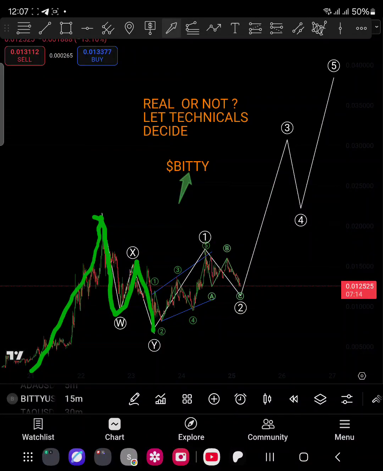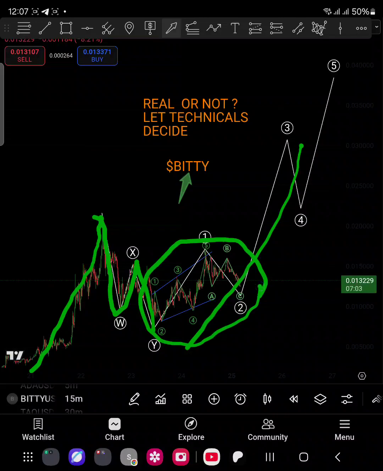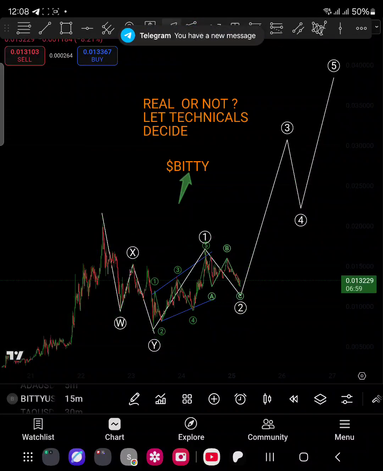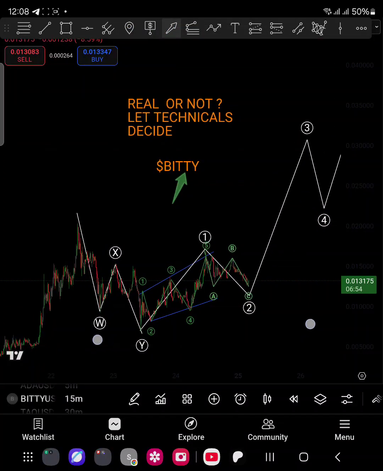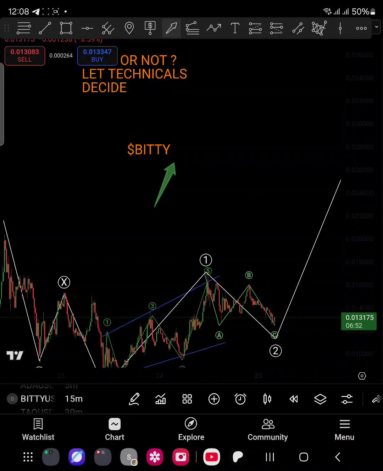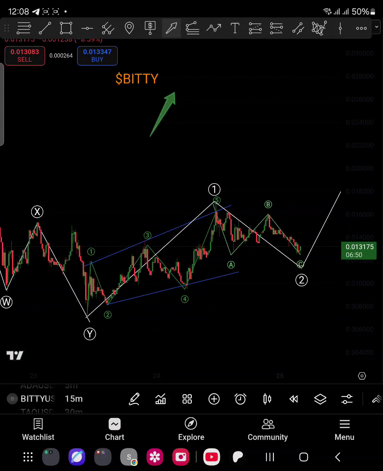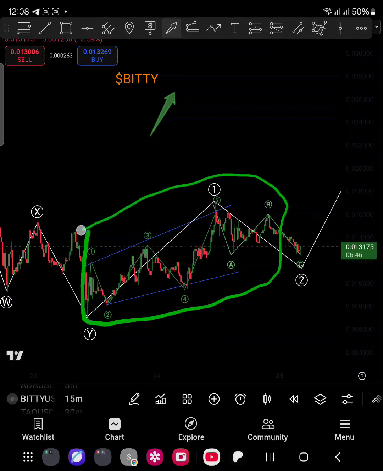Now if we have received a zigzag, then after the correction we are supposed to receive another impulse in the direction of the trend. So right here we are starting that impulse, which is going to be in the direction of the trend. How is it actually behaving? This is the one that is starting to develop right here. If you focus on this thing right here, it is the start of that impulse with its wave 1 already